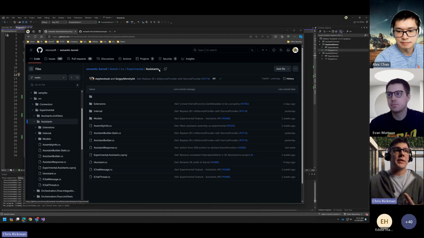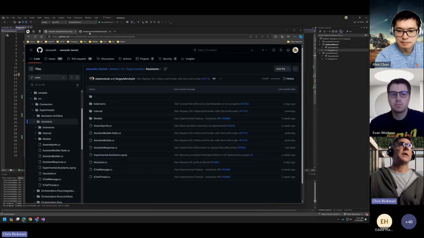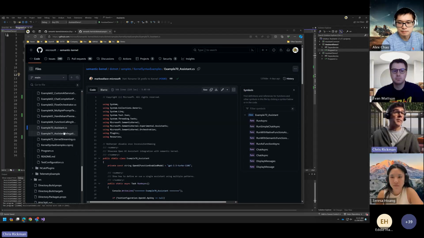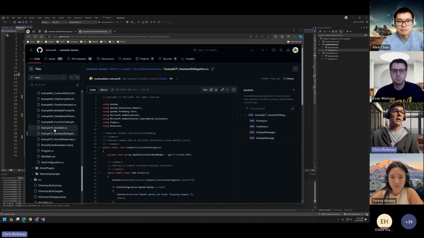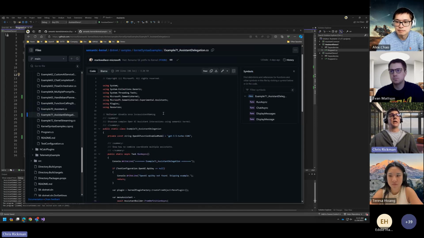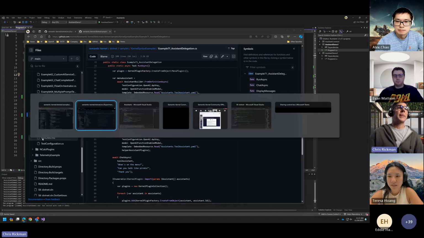And it's under experimental assistants. And also there are some kernel syntax examples too, 70 and 71. 70 shows four different variations, and 71 shows multiple assistants interacting.